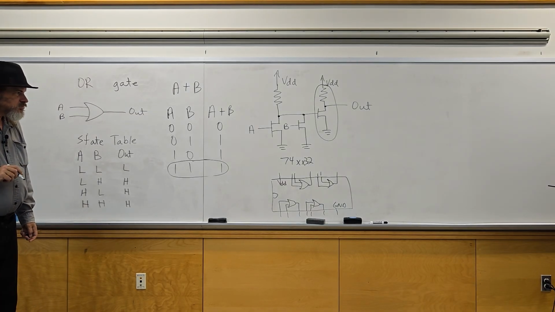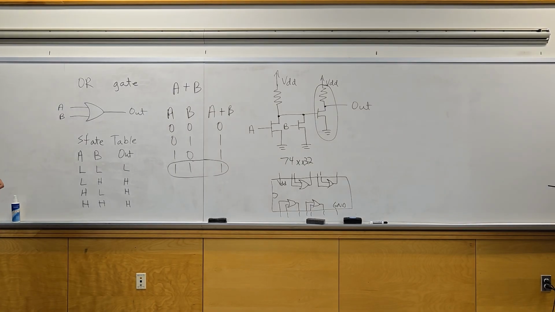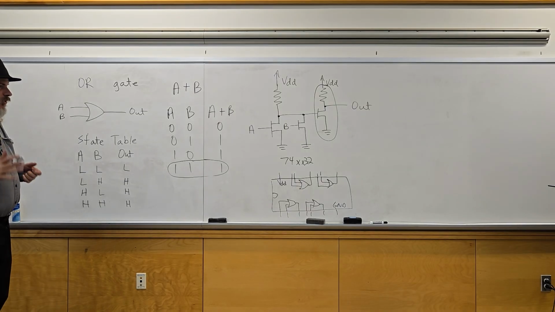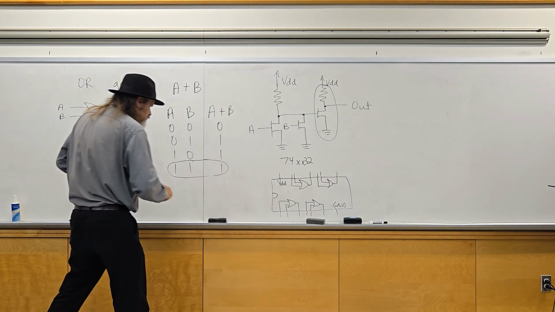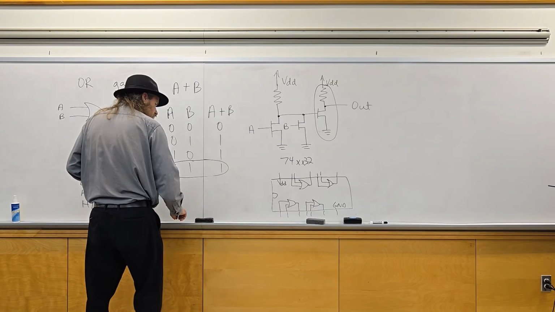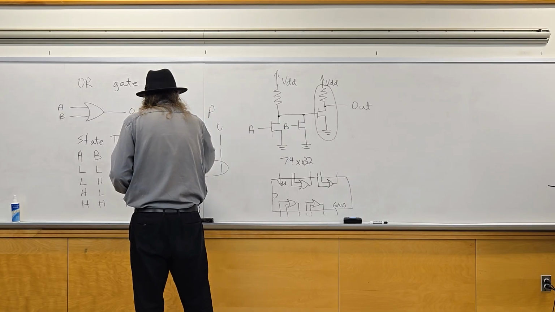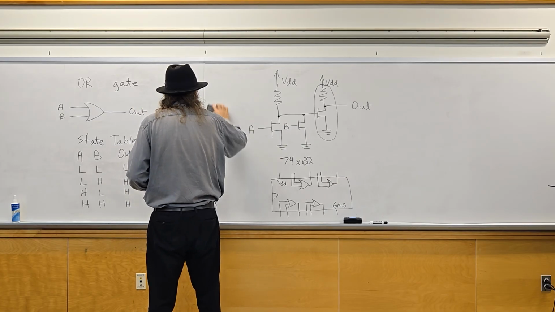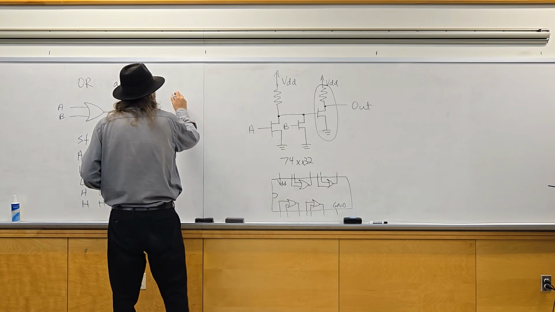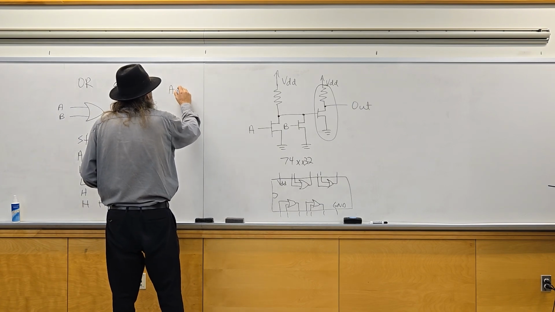Now, where you see the OR gate a lot is in combining outputs. If two logic blocks need to be combined together, they're typically done with an OR gate. So, for example, let's just go in here a little bit. If you have A and B,